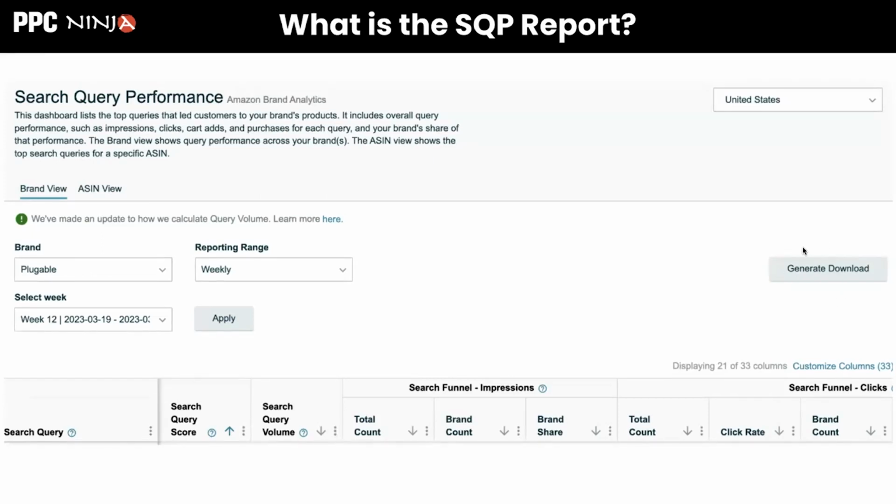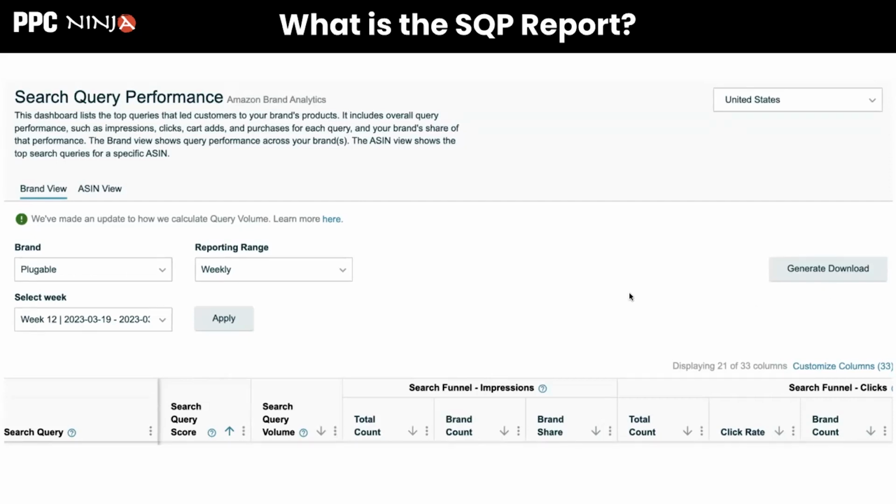Now, why you need to download is because this information here is just a snapshot, but generally snapshots are not as useful as trends. And you all know that in order to plot trends, you need period over period data. So you need like a week over week, a month over month to be able to see whether stuff is trending upwards or downwards. So it's generally for that reason that people download these reports so that they can then analyze them.